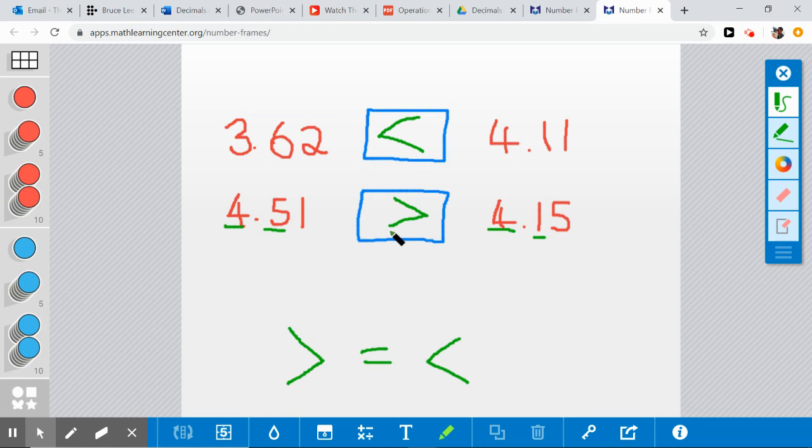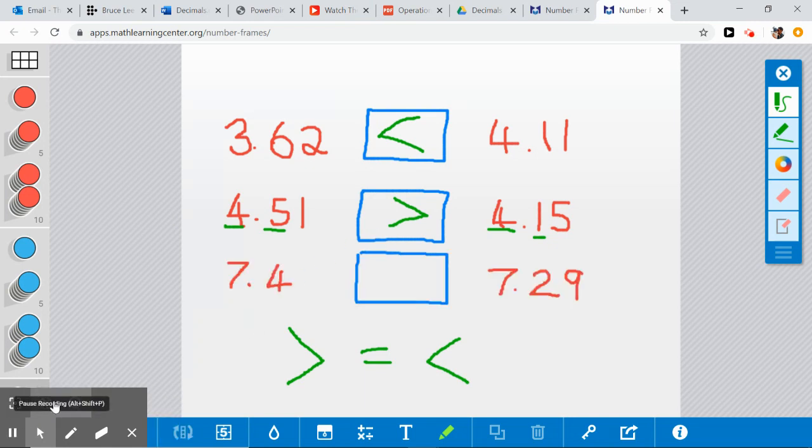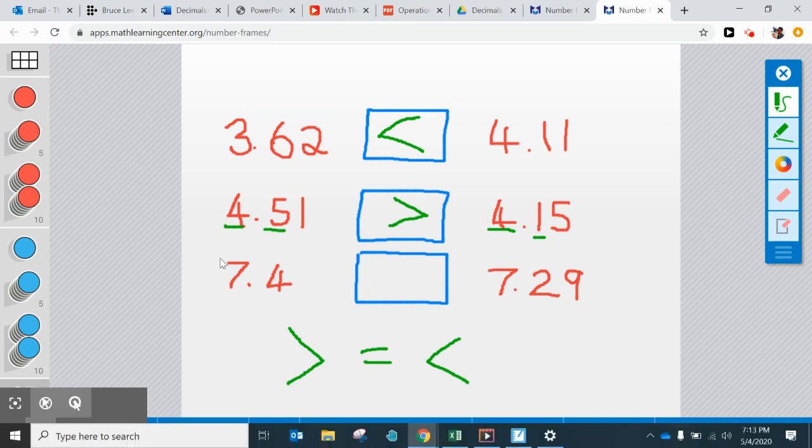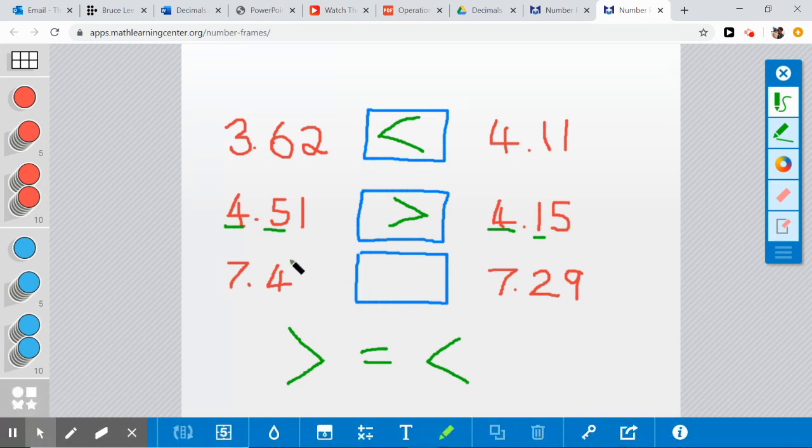Let's get slightly more difficult now. Now, what mathematical symbol would you use to complete that calculation? Let's see if you're correct. Now, the hard thing about this one is that this is just 1 decimal place, and this number has got 2 decimal places. Now, some of you might think, oh, well, 29 is bigger than 4, so this is the biggest number. However,